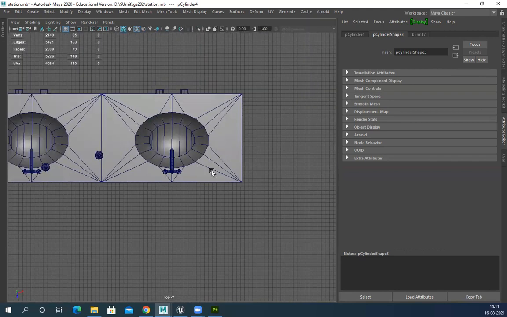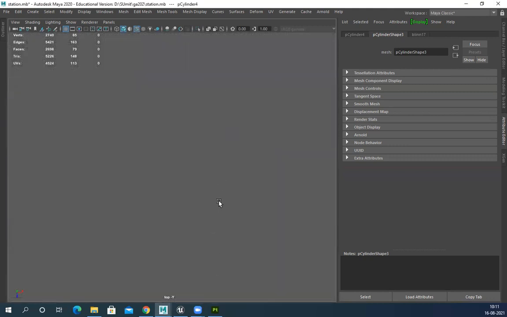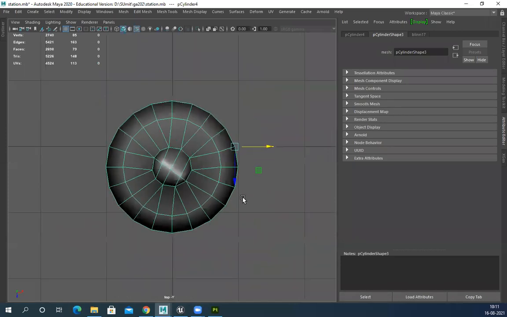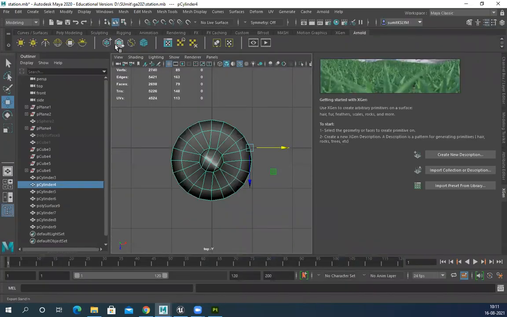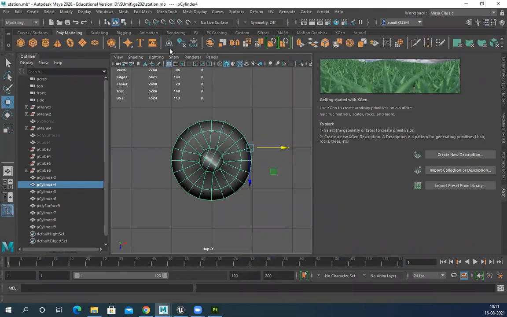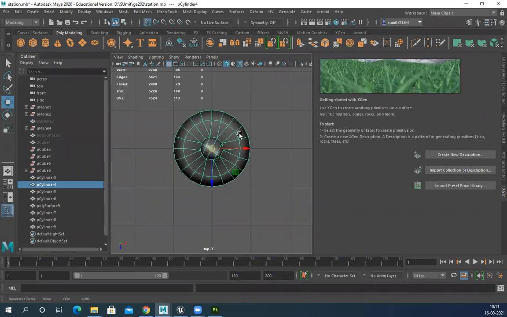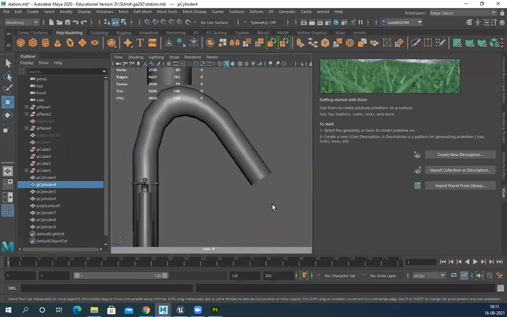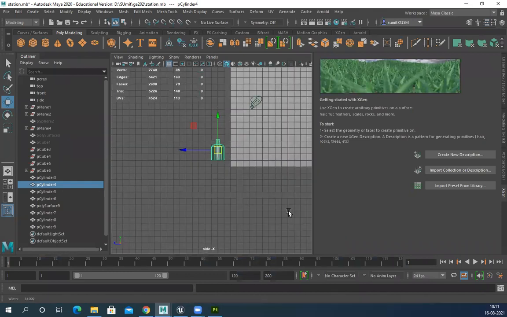So I'll go to top view. Here it is. And center pivot. Center pivot. I can see clearly X, center, side, grid.